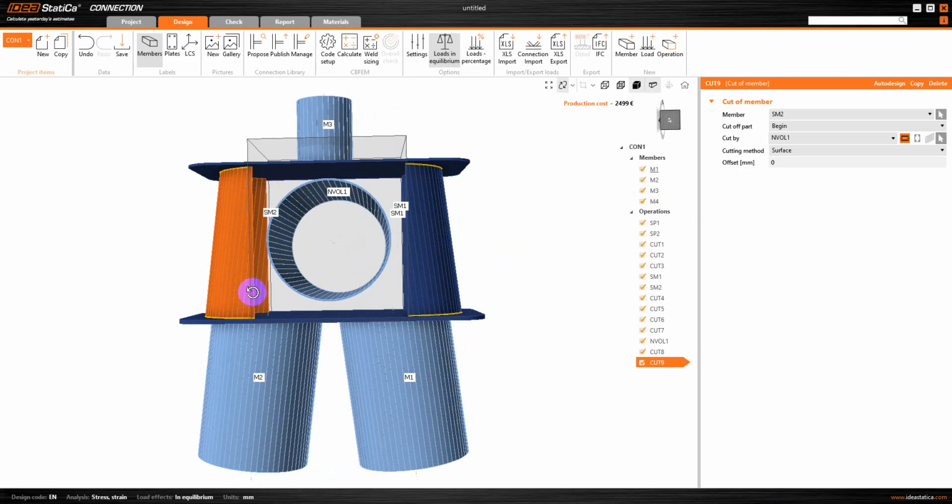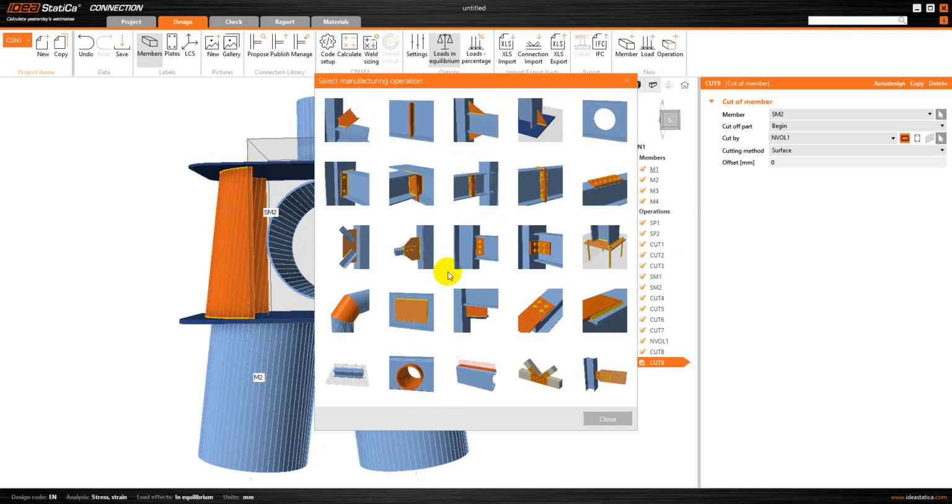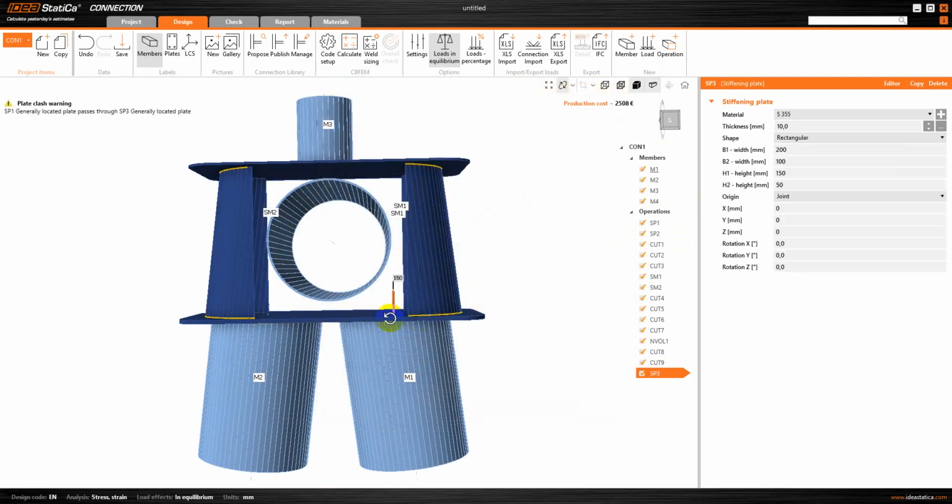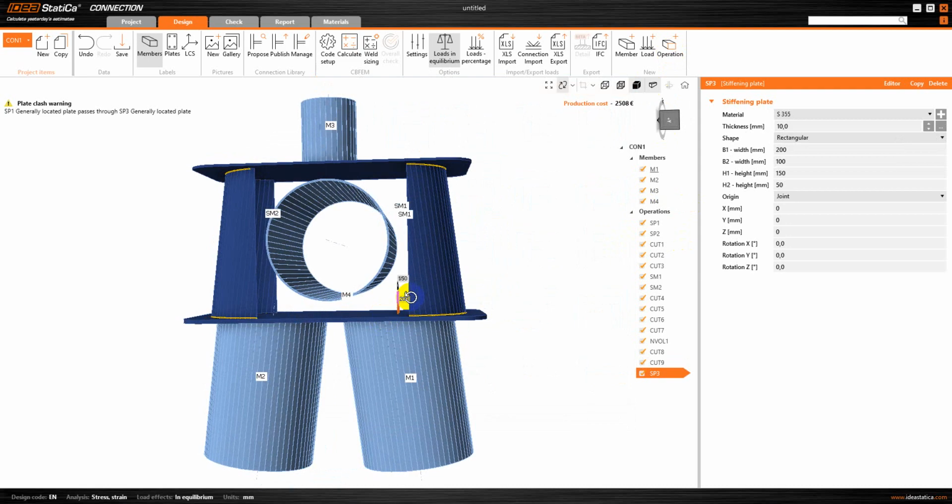And then now we have to add a rectangular plate here. So for that I'm going to go to the operation. Let us add a stiffening plate third, and let us change the dimension and thickness of the member. 16, 900, 600, 600, 600,